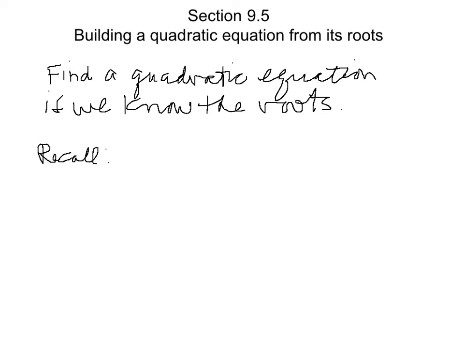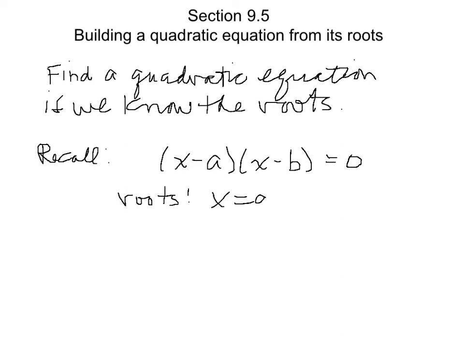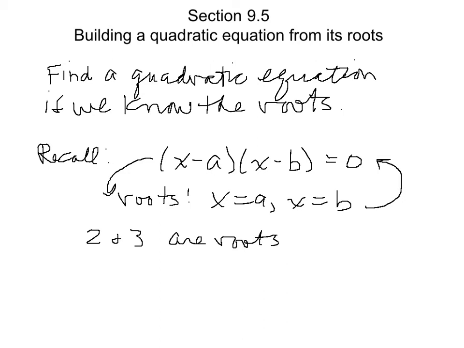We know that if we're solving a quadratic equation, let's say it's already in factored form, so it's something like x minus a times x minus b is equal to 0. What that means is the roots, or the solutions, are x is equal to a and x is equal to b. So this implies that, but also this statement implies that. So for example, if I tell you that 2 and 3 are the roots of a quadratic equation, well, they would have come from this factored form,